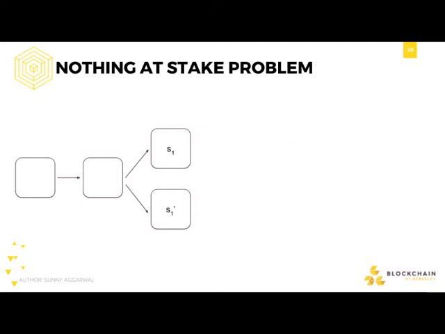With a naive version of a chain-based proof of stake algorithm, say we have S1 as the distribution of the stake in the upper fork, and S1 prime as the distribution of the total stake in the lower fork. And in proof of stake, you don't have this problem of needing to split your hashing power because in order to cast a vote, it depends entirely on your stake, which is internal to the system. Here you have nothing to lose if you mine on both forks at the same time. That's basically the nothing at stake problem.